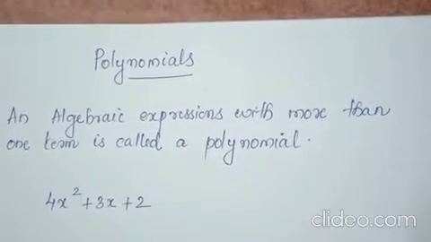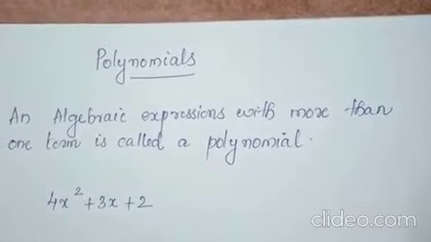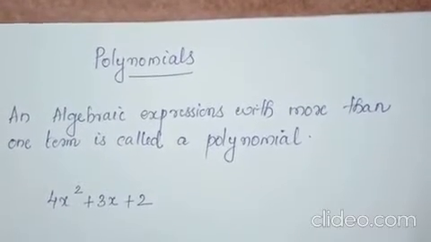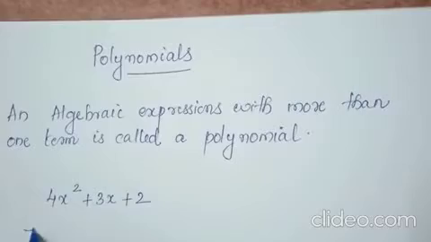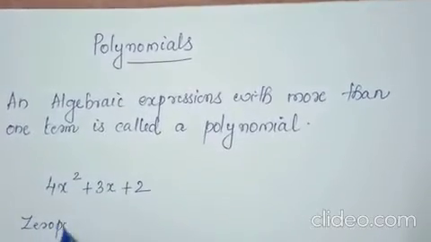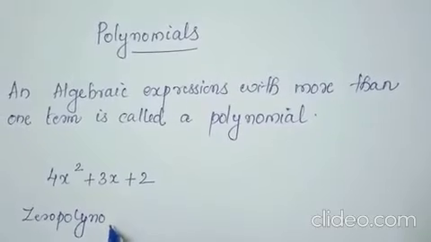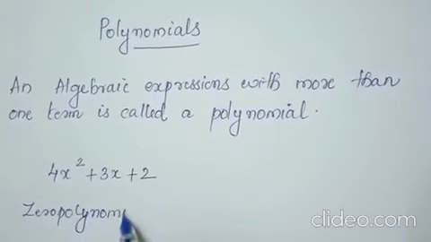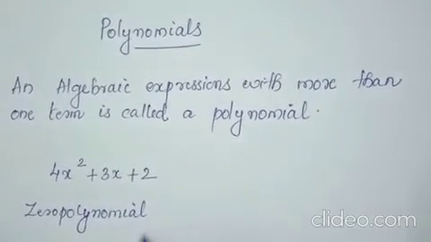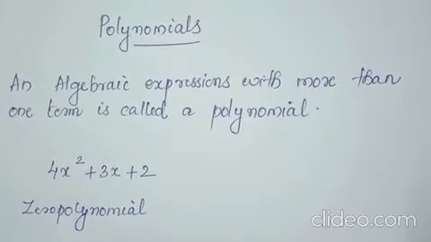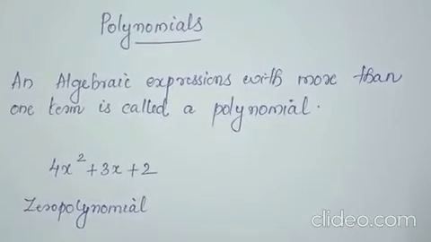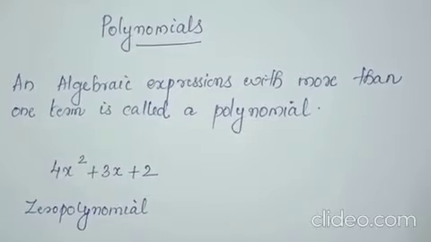So there are different kinds of polynomials. First, what is a zero polynomial? Zero polynomial means, what is zero polynomial? A polynomial having all coefficients 0 is called a zero polynomial. Understood? So next one is